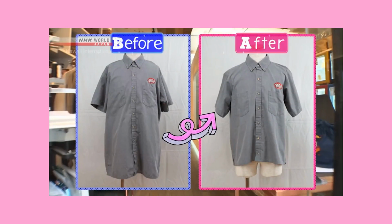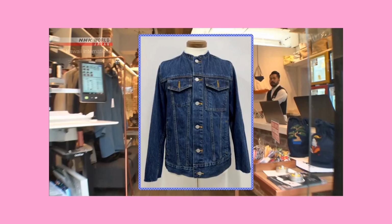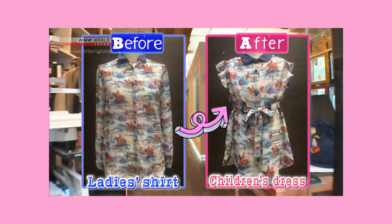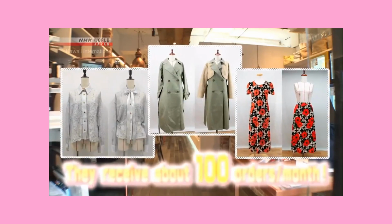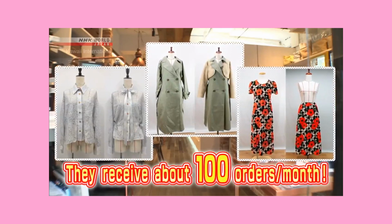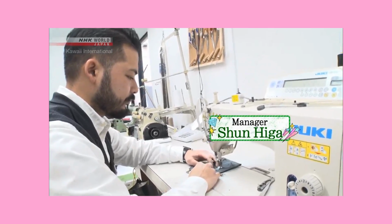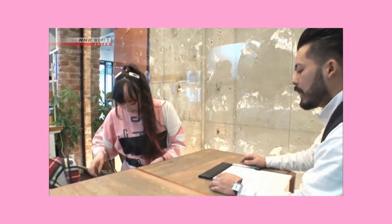This is a clothing alteration and repair shop. But they also offer a very personalized remake service. They'll not only repair an item, they'll totally redesign it according to the customer's needs. They get about 100 orders per month. That's impressive. The shop manager, Shun, will be in charge of her redesign. Rinrin brought in